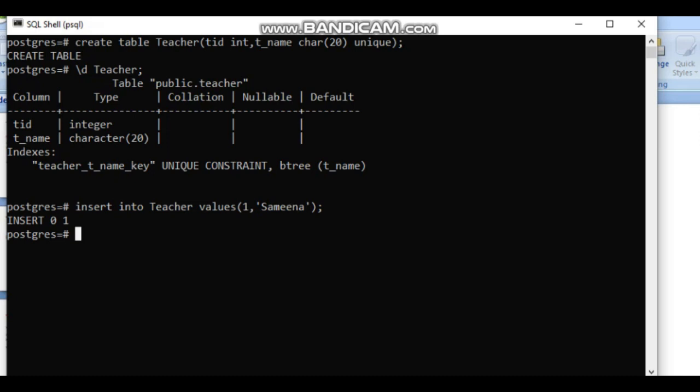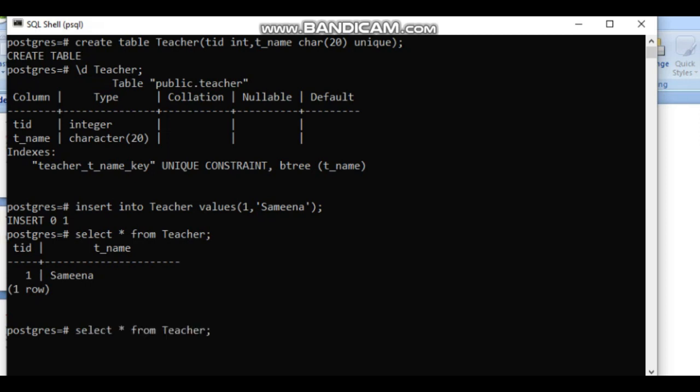Let's check this with the select query. Select star from table teacher, semicolon and enter. See, the value has been inserted. Now we are going to check the meaning of unique constraint. I will insert another value over here. Insert into teacher values. The ID I will take 2. And here if I try to insert the same name of the teacher, Samina, then